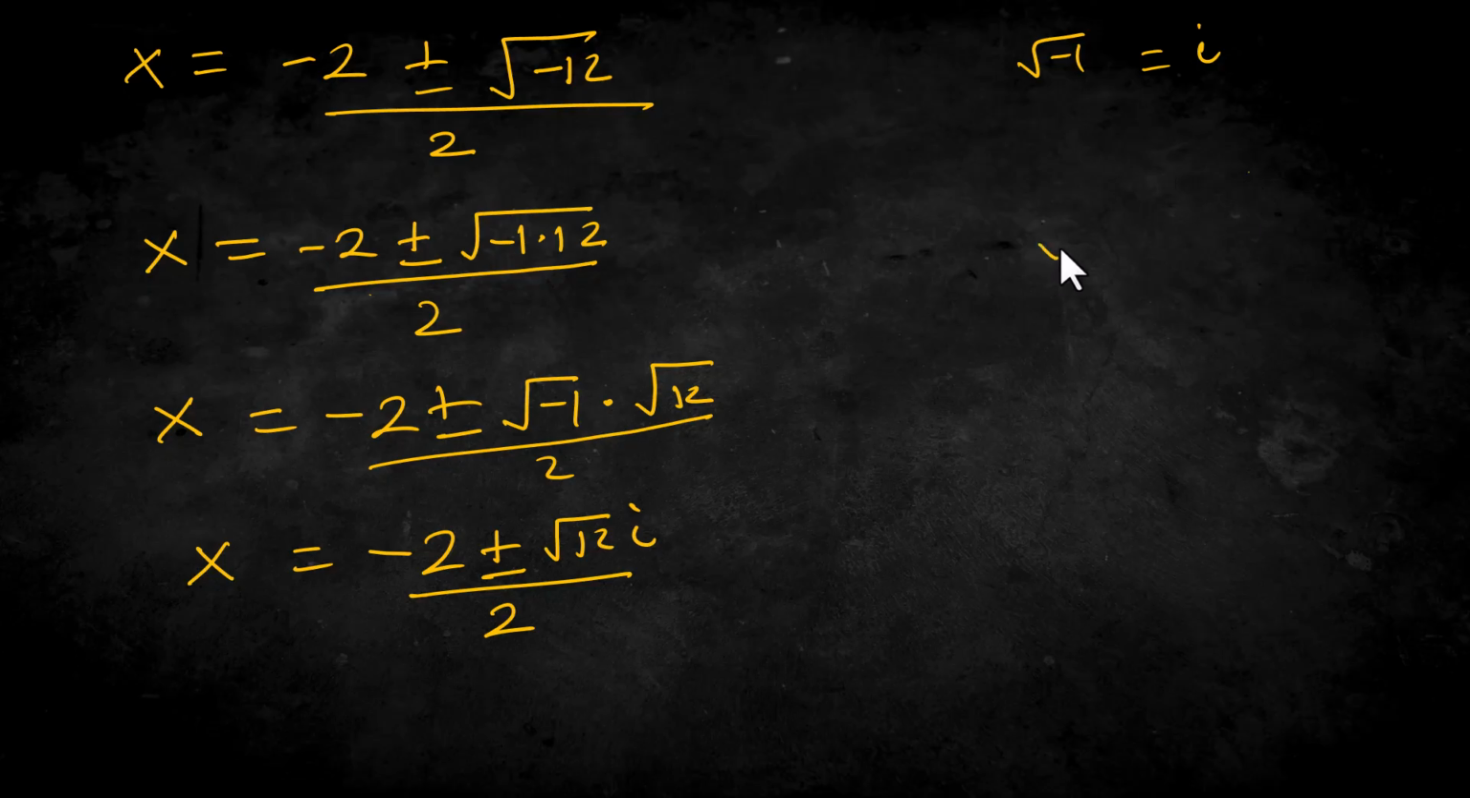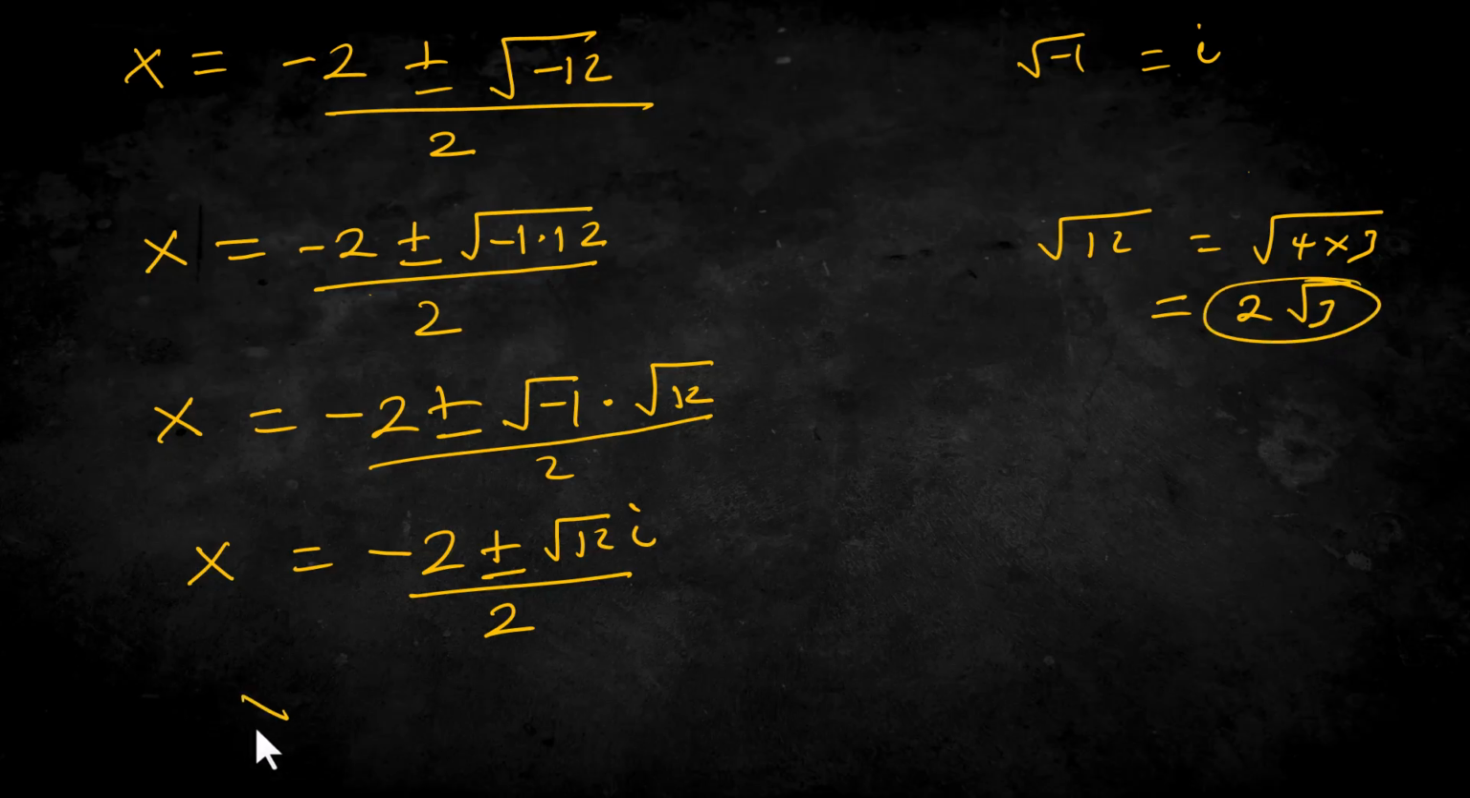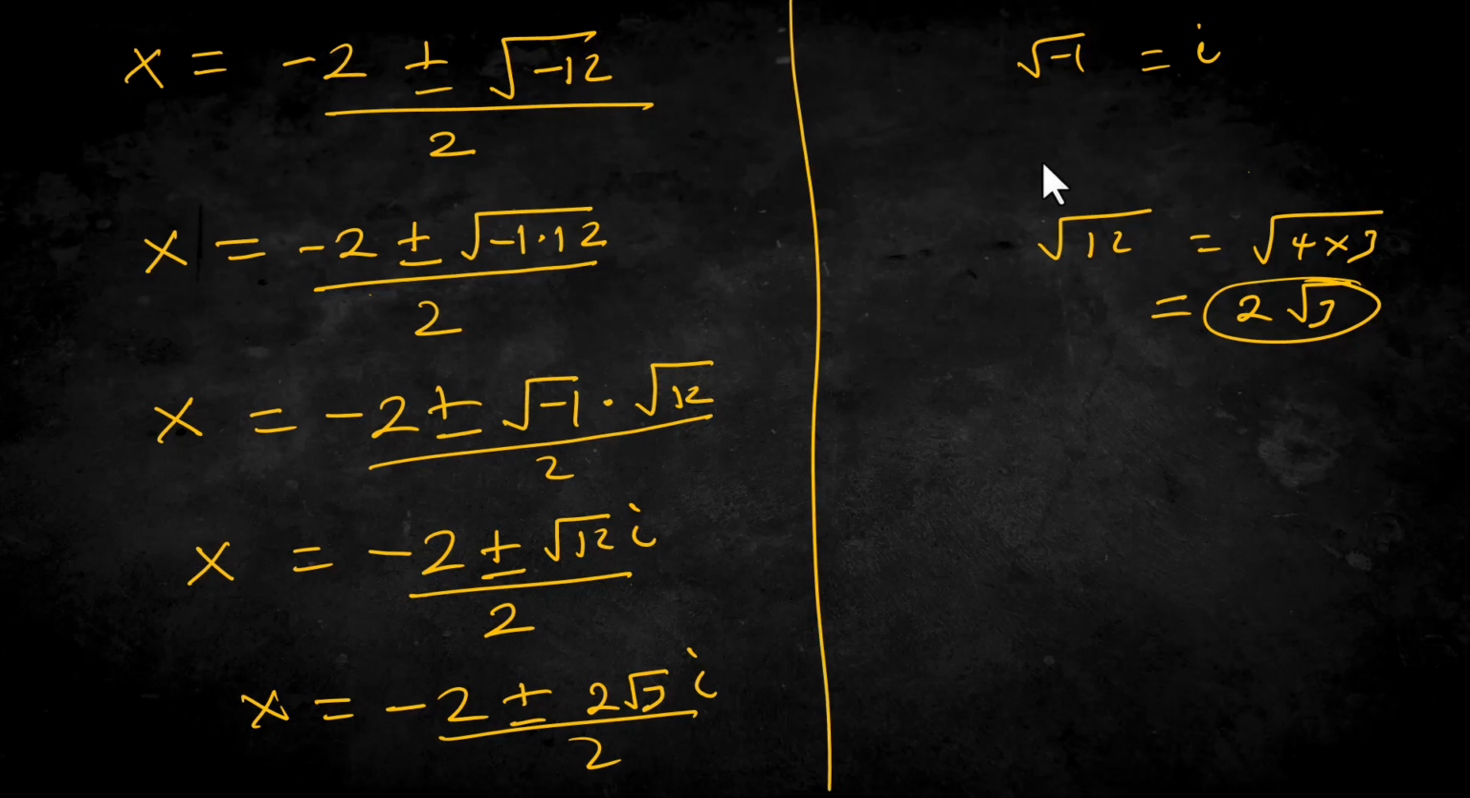Now, the square root of 12 is the same as the square root of 4 times 3. So we can say 2 root 3 here. So we have x equals minus 2 plus or minus 2 root 3 i on 2. Therefore,